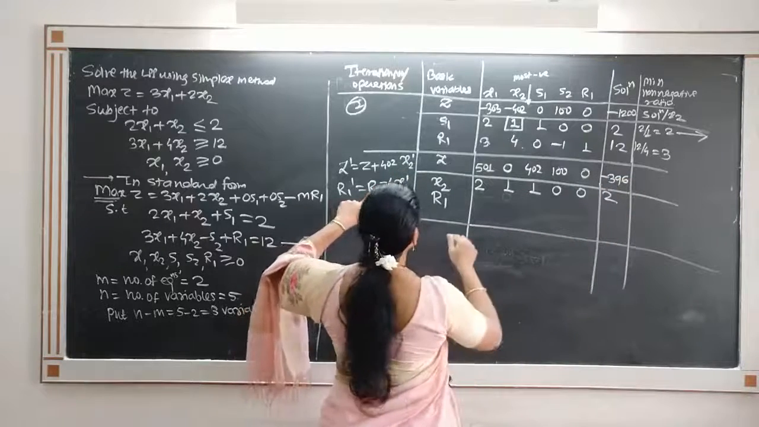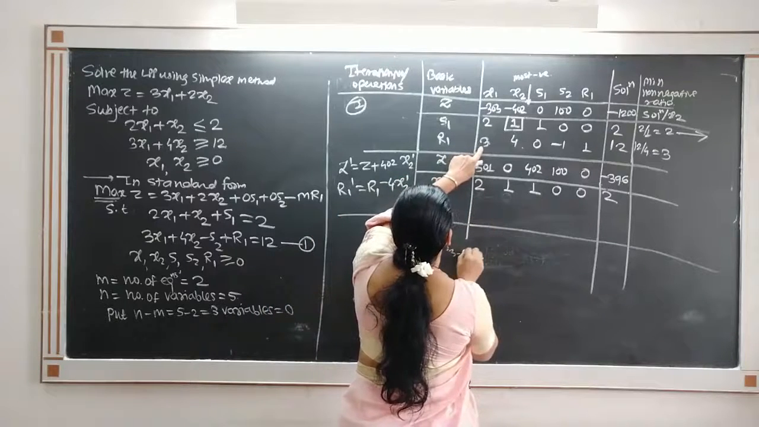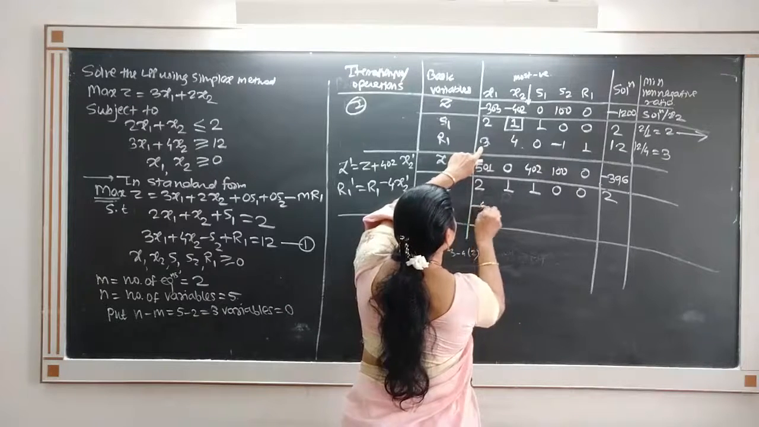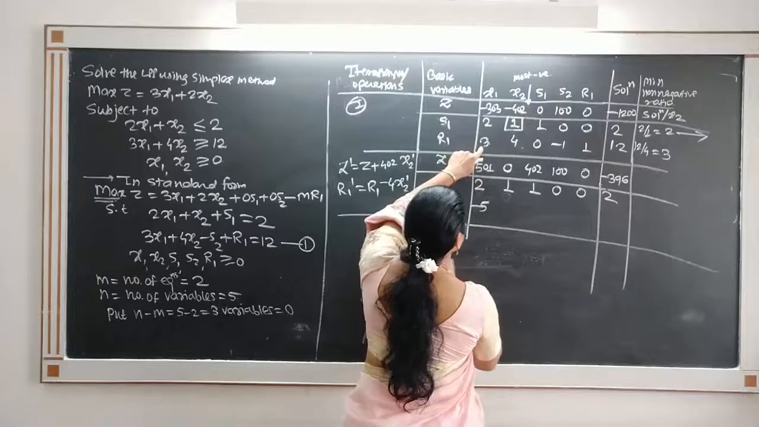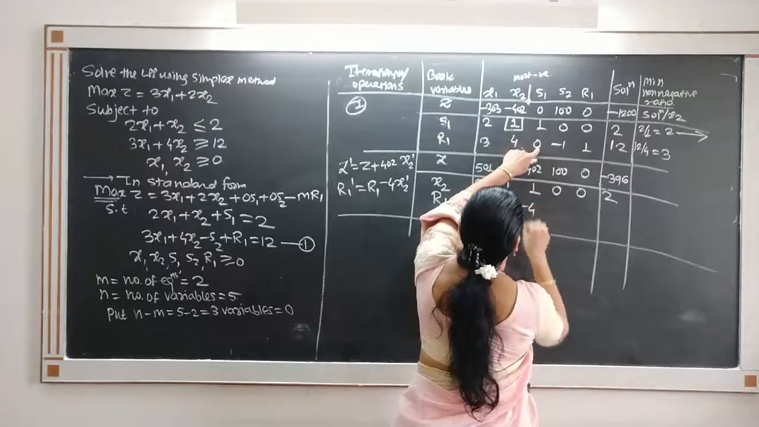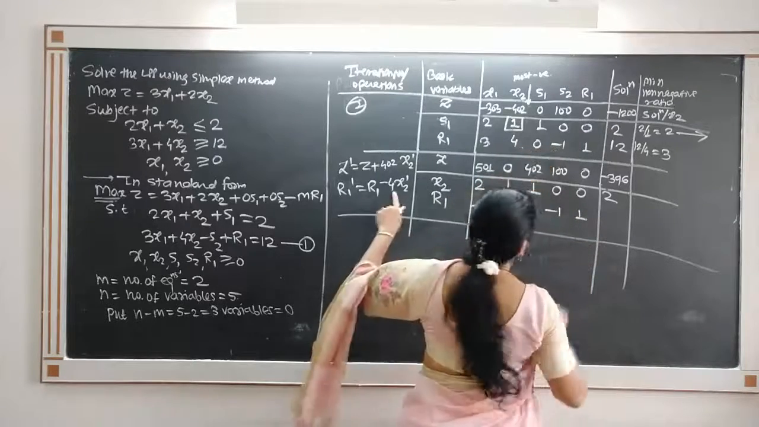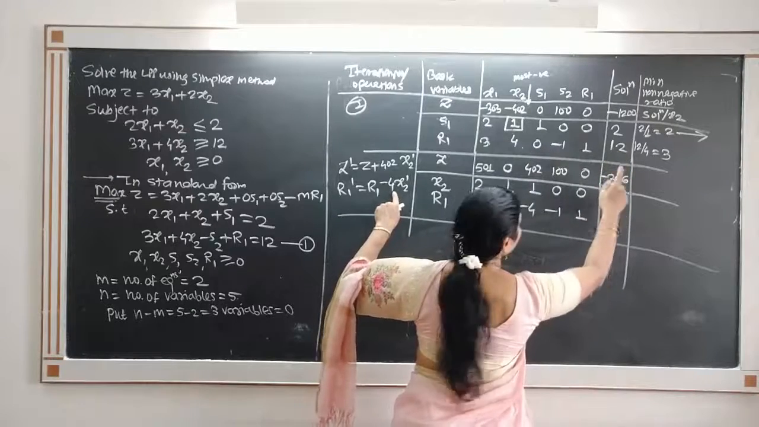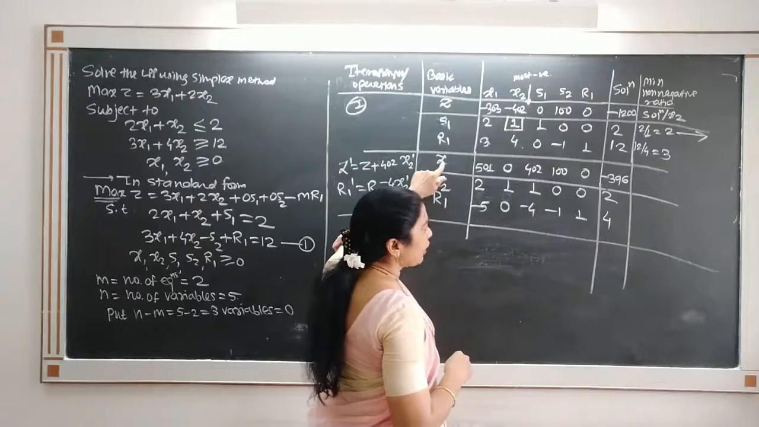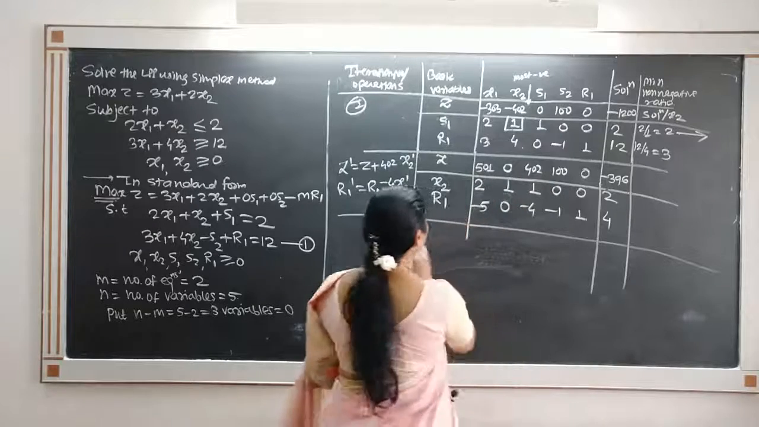Now next, R1 row minus 4 times this row. So 3 minus 4 times 2, that is 3 minus 8, minus 5. 4 minus 4, 0. 0 minus 4, minus 4. Minus 1, 1. And 12 minus 4 into 2, 8, 12 minus 8, 4. We want most negative, but observe that all Z row coefficients are greater than or equal to 0. Therefore,